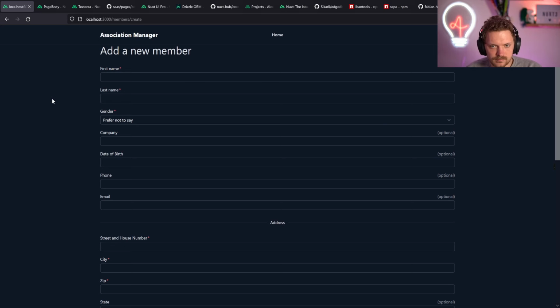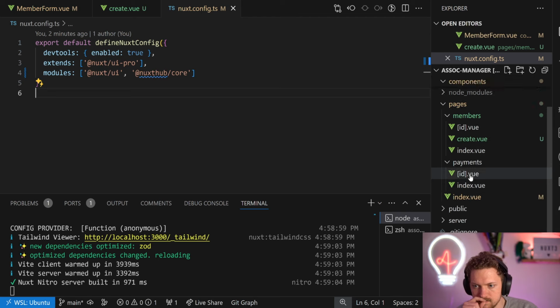Okay. Now the biggest issue is, how do we start? Let's add a Nitro API endpoint, because